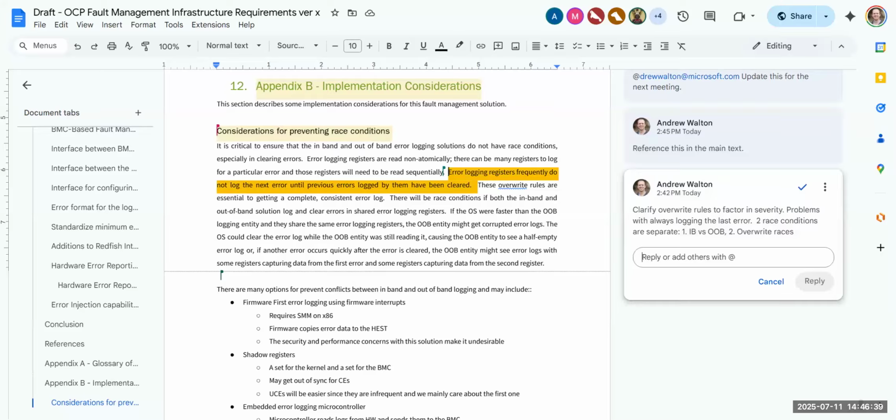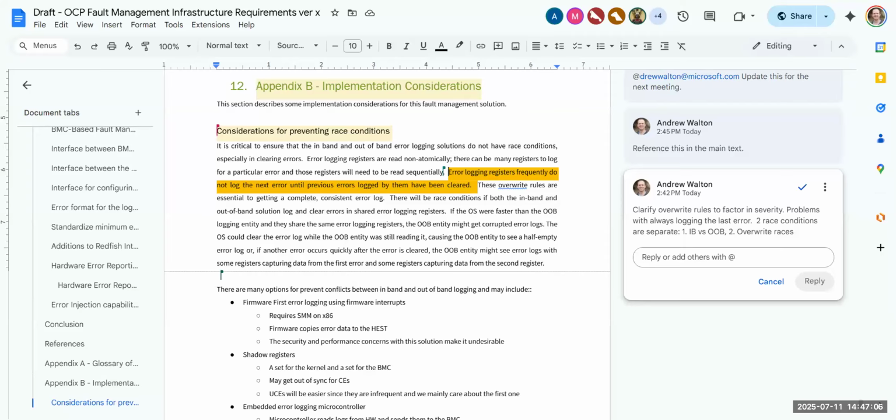And also I don't understand the race condition here. Meaning, it's not a race really, right? Let's say we have an error storm of corrected errors. What you are saying is only the first one should be logged and not the later ones, or someone chooses to capture the last one, not the first one. That's an implementation choice, but what is the race?